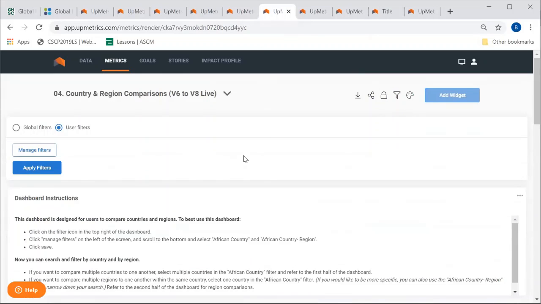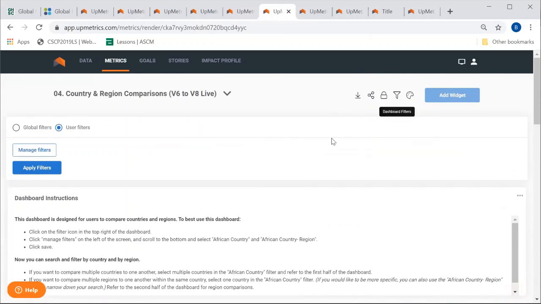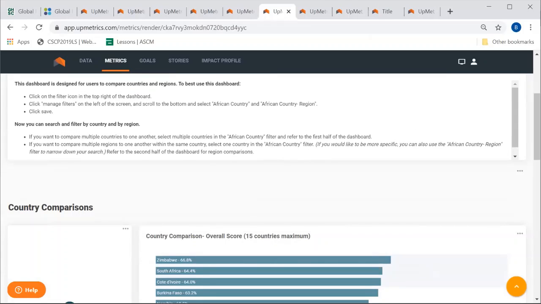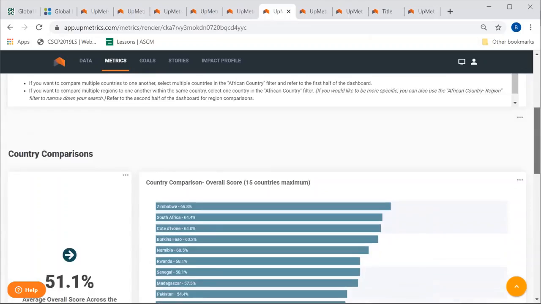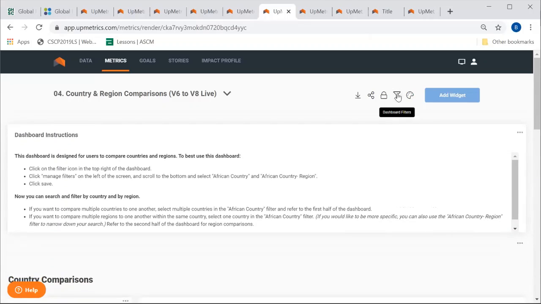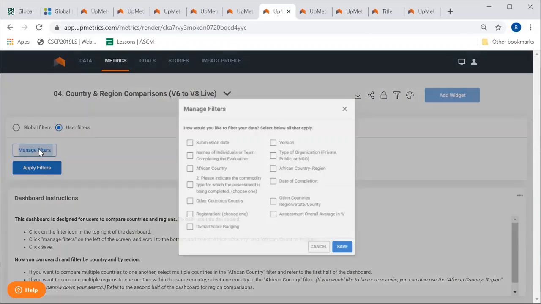And also you can query by country or region. So you can compare countries, compare regions. By this, you just use the filter button and select the country you want to access. In this case, you need to select multiple countries when you come here. You have to select multiple countries to be able to query and find what information you need.